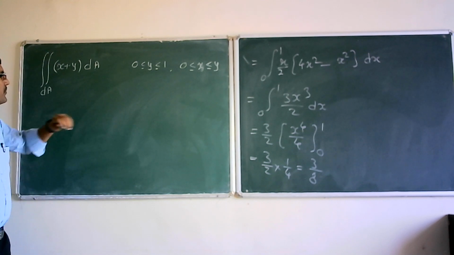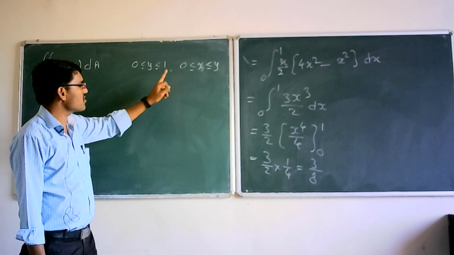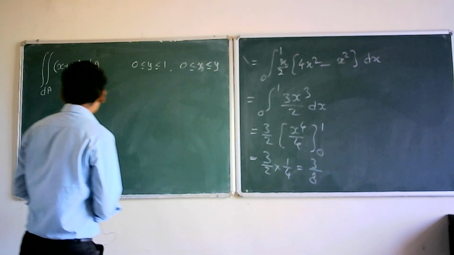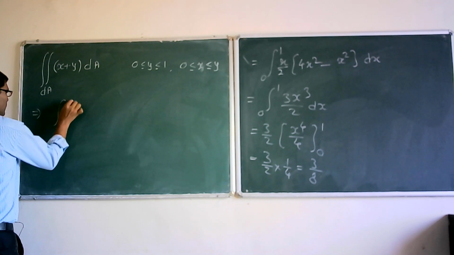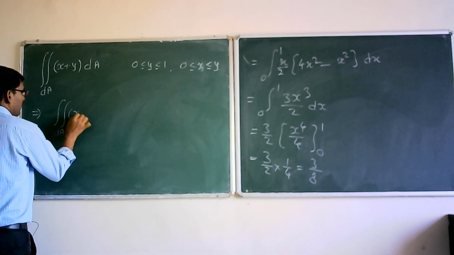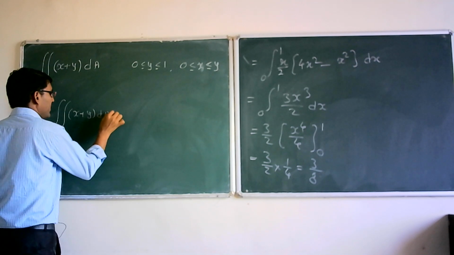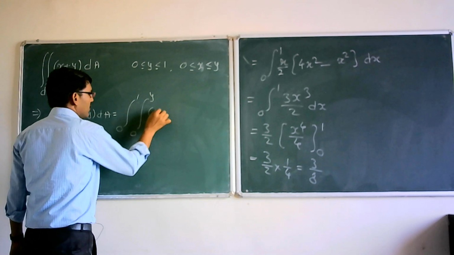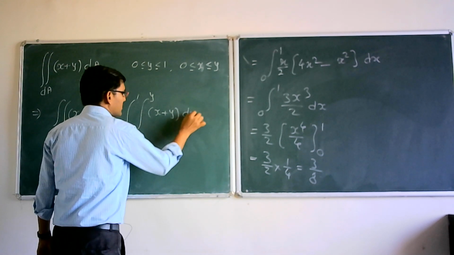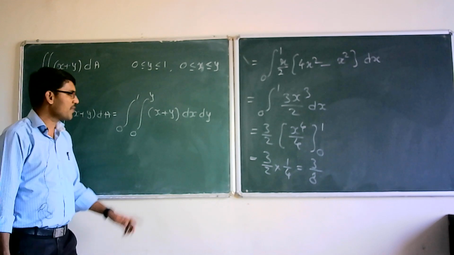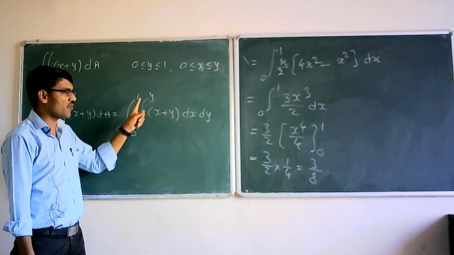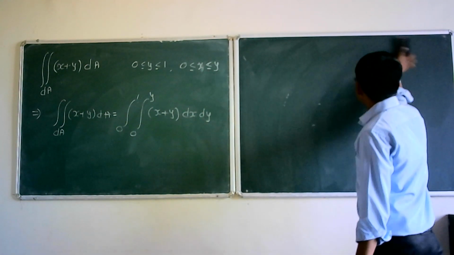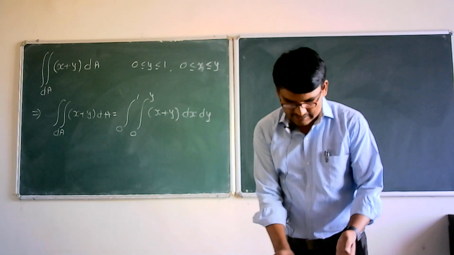आता जर तुम्ही पाहिले इथे तो y चे लिमिट 0 to 1 कॉन्स्टंट आहे, पण x चे लिमिट 0 to y आहे म्हणजे इन टर्म्स ऑफ y बघा. सो इथे आपल्याला काय करायचं आहे, फुबिनी स्ट्रॉंगेस्ट थेरम अप्लाय करायचा आहे. म्हणजे double integration x plus y dA is equal to, सुरुवातीला आपण घेणार आहे 0 to 1, 0 to y, x plus y dx dy, dy dx नाही घेतला आपण आता dx dy, कारण का x चं लिमिट आहे इन टर्म्स ऑफ y, म्हणजे आपल्याला सुरुवातीला with respect to x इंटिग्रेशन घ्यायचंय.